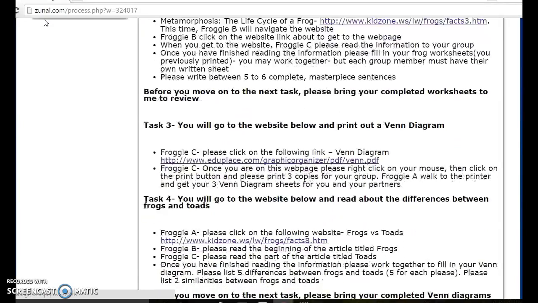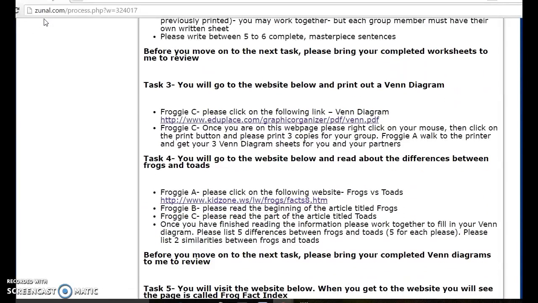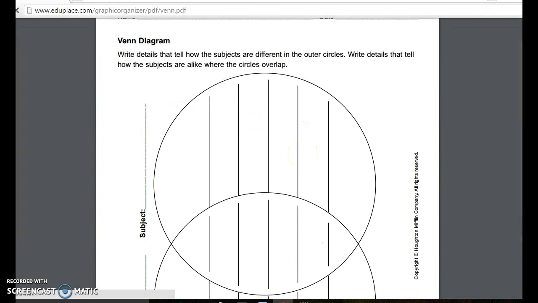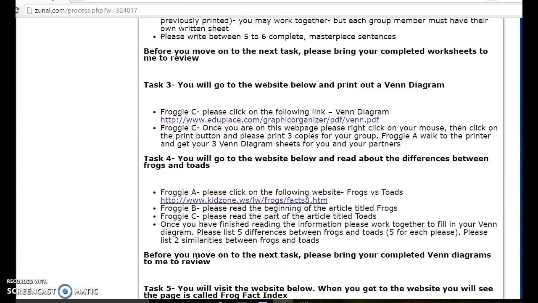In task 3 and 4, we get to use Venn diagrams. Remember how much fun last week they were when we used them to compare and contrast sea turtles and land turtles? What do you think we are going to be comparing and contrasting this week? That's right, toads and frogs. First, you will go to the website, EduPlace. Let me click on it for you. And you will print out Venn diagrams for you and each of your partners, so you will print 3 copies of them. Then, next you will go to the KidZone website,